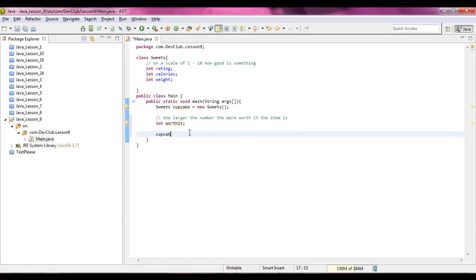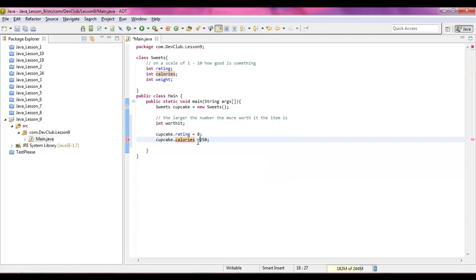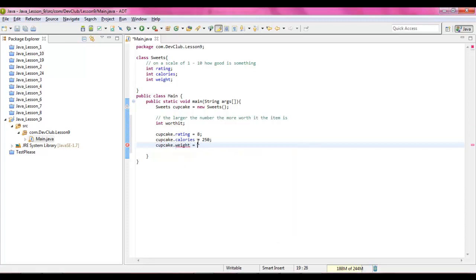Okay, so now we're going to give ourselves some characteristics. We're going to go cupcake.rating, and I'm going to give a cupcake an 8 because that stuff is so good. Now calories: I actually don't know how many calories an average cupcake has offhand, but let's just say 250. Oops, sorry, I accidentally declared it again. I need to do cupcake.calories equals 250. And our next thing is cupcake.weight. Let's make it a giant cupcake, so we're just going to make it like 90 pounds. It would be so awesome. Anyway,